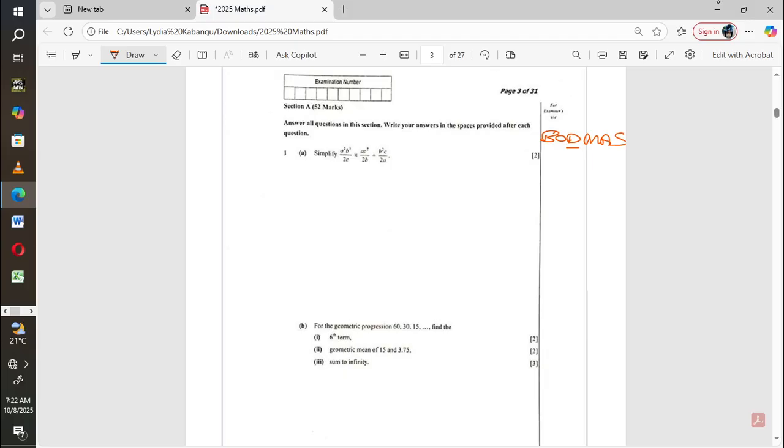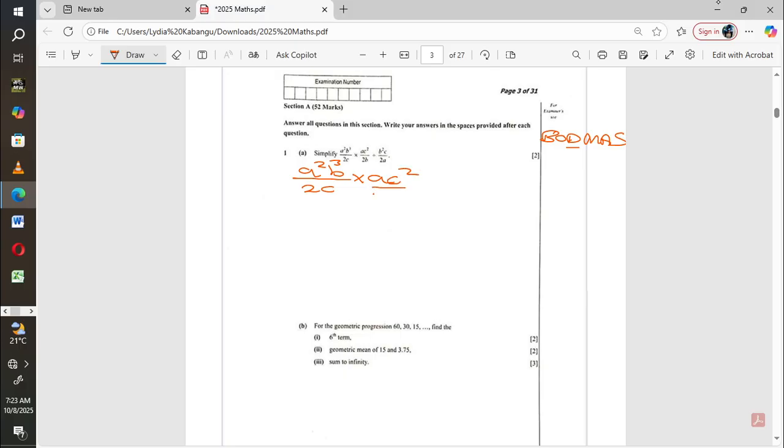Before we deal with division, because we have a b and a b there, at least we can try to cancel something, and we have our c and c there. So we have our question as a squared b cubed over 2c,